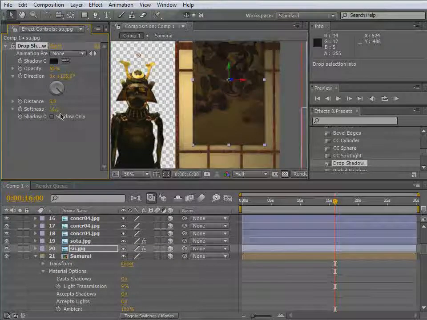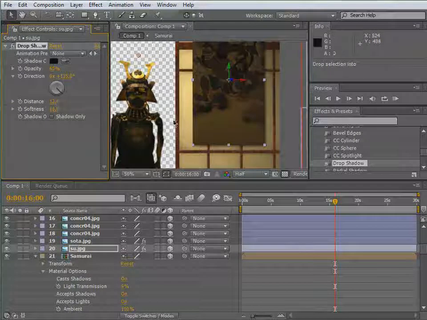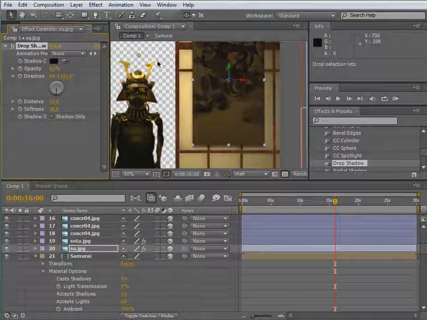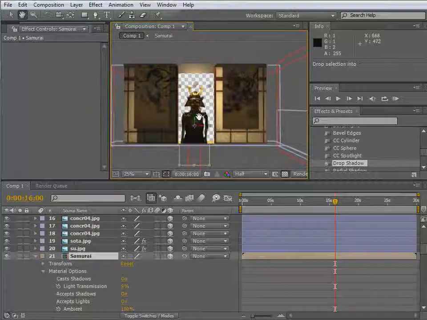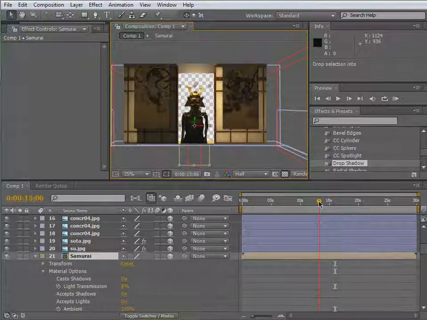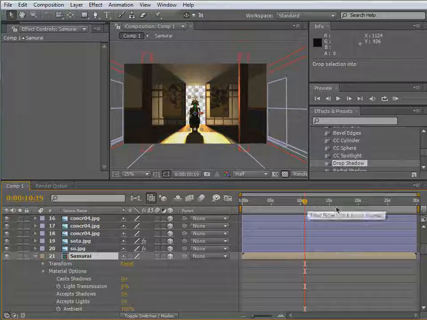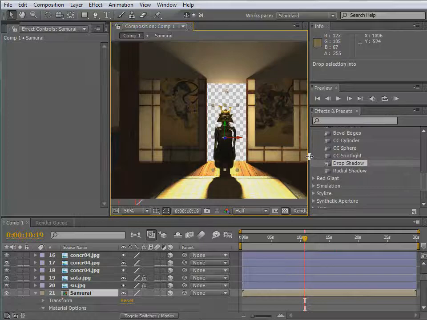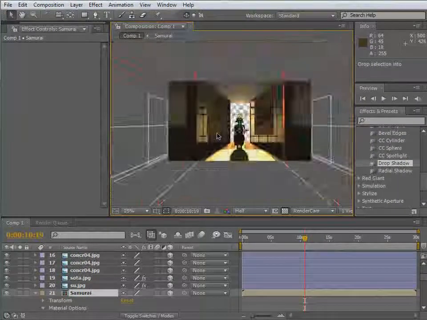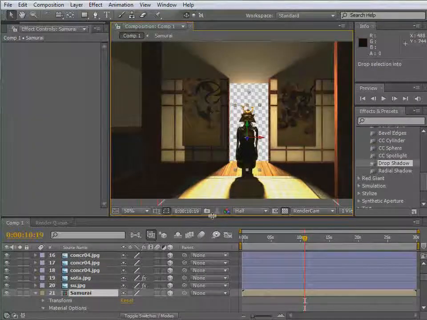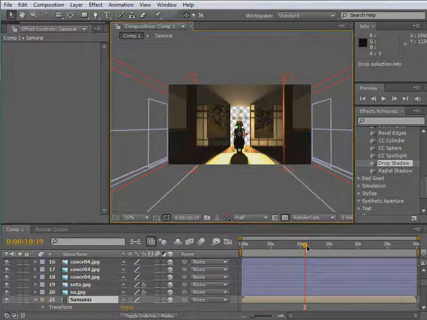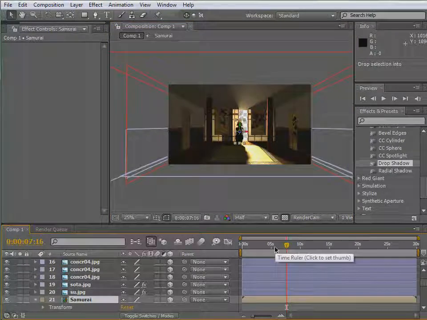Feathering out, distance, like that, I guess. Okay, so I guess we finished the lighting process. Now we could certainly put more lights into the scene and adjust it, but for now I think that looks pretty good. Now what I would like to do is